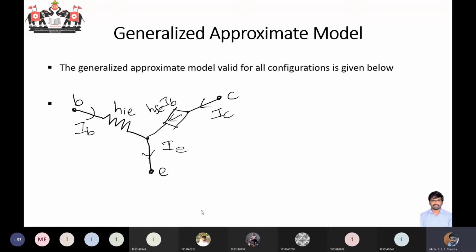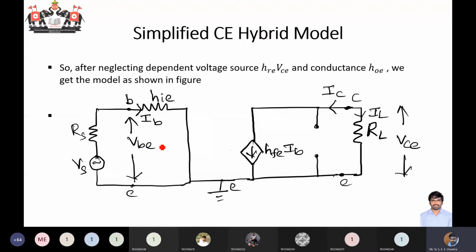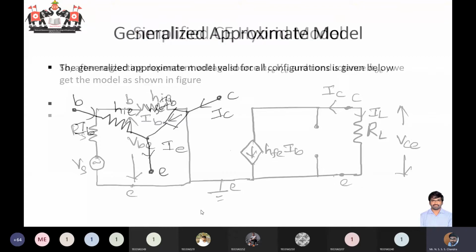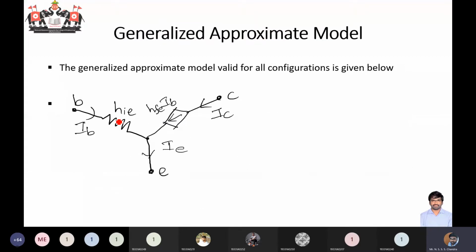any kind of transistor configuration. Okay, so from the earlier diagram, I have three terminals: base, emitter, and then collector. Okay, so this entire simplified circuit can be redrawn in this format. If you remove the source voltage and the source resistance, and the load resistance and all those things, and only consider the transistor terminals alone, then we have the terminals emitter, base, and collector.